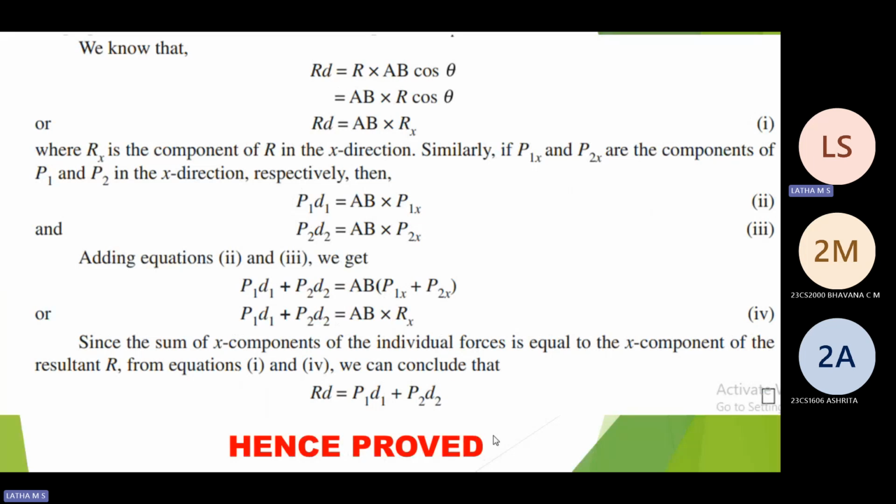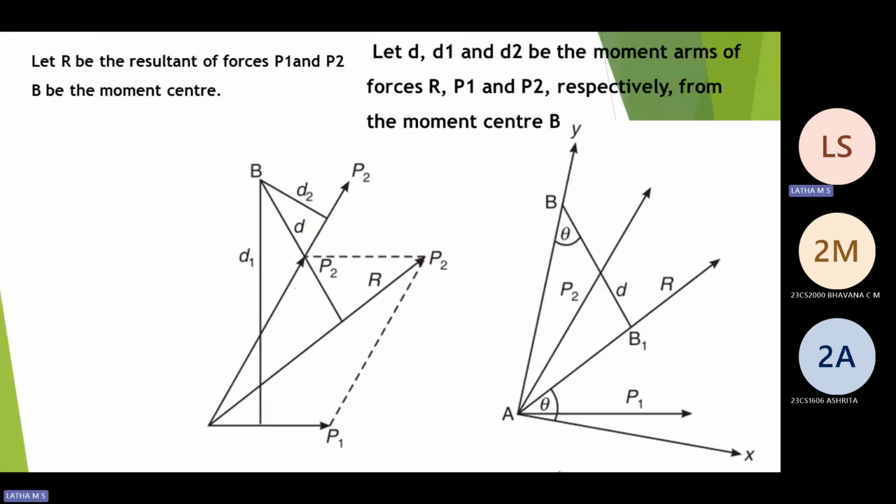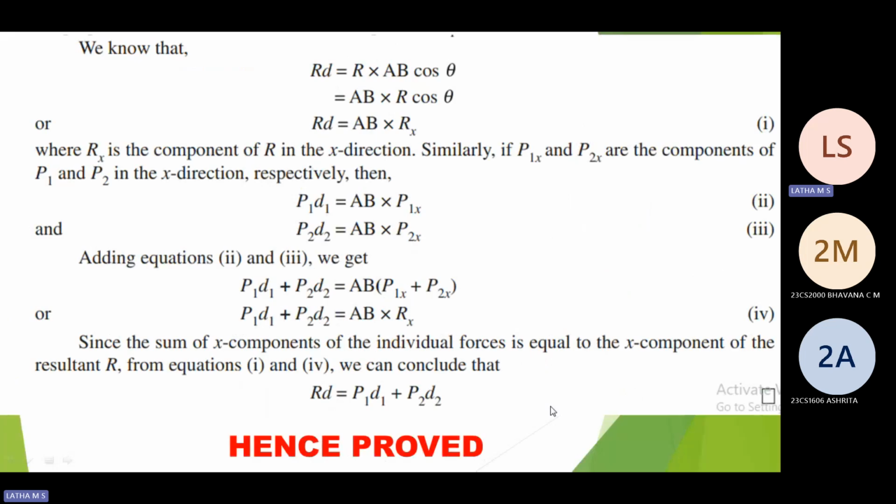Can I write it as R into AB cos theta? Can I write, check the triangle? R into AB cos theta. Will that go? AB, you understand what is AB? AB you find here. AB is a hypotenuse. You agree with that? Yes. So I am defining D in terms of AB cos theta. I can write D in the form of, in the triangle.